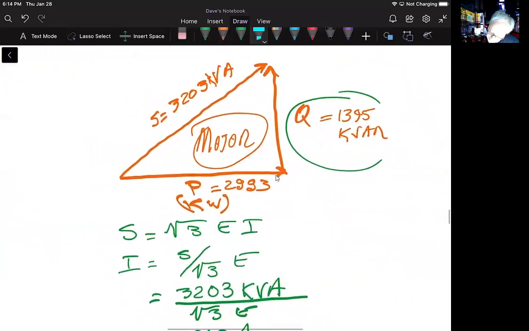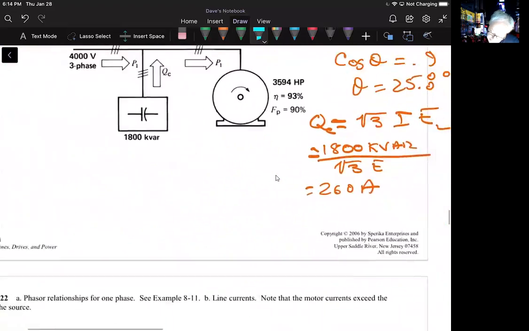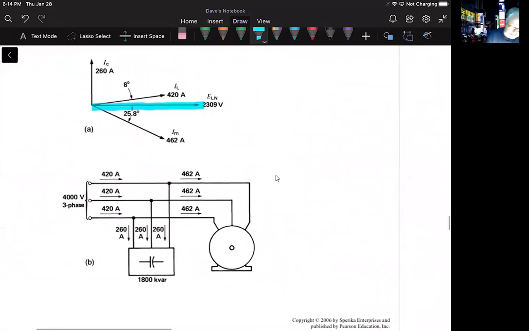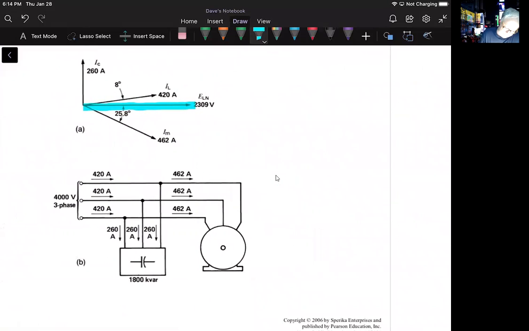Do I still have it anywhere? Well, I've sort of torn all this apart, haven't I? But that goes back to the part of the problem initially, where we were calculating that line to neutral voltage based on a 4,000 volt line voltage. And then for the motor, we know that the motor draws 462 amps, and it had a power